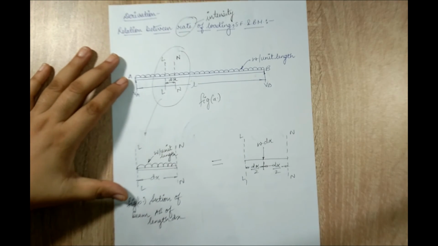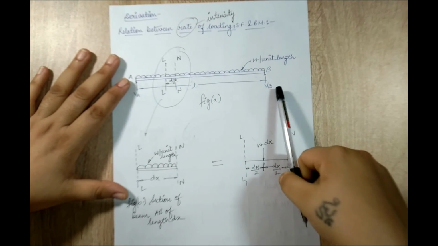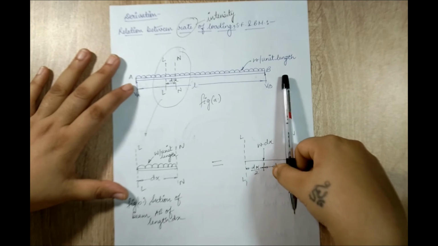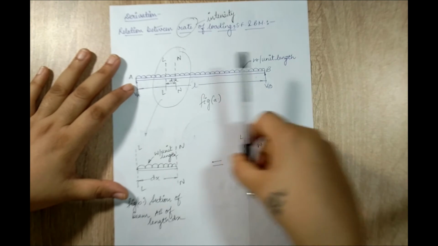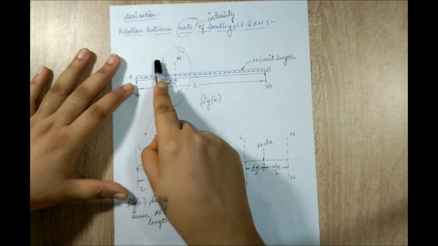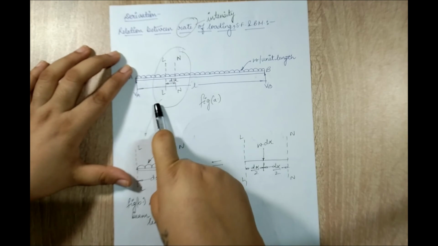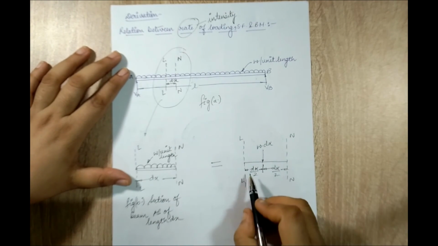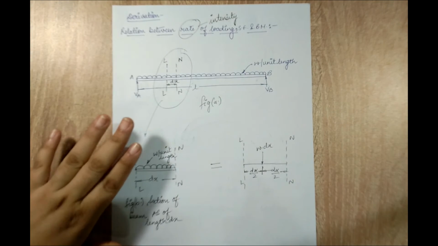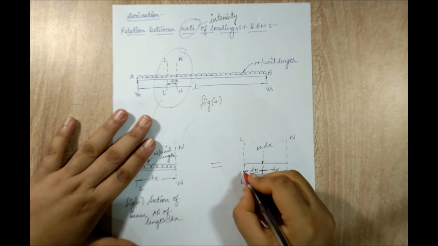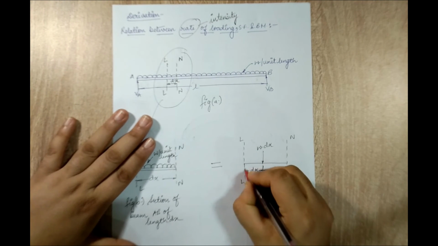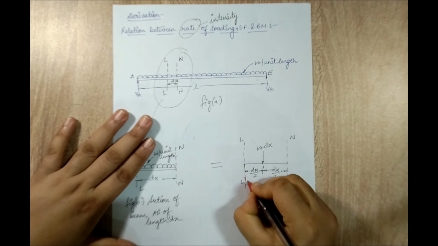Now if you understand, this body has a reaction at the two ends, but obviously there will be other forces over here which will cause a shearing kind of effect. So let me consider a force at this point L. So let me mark the forces now. Say at this portion there is a force F in the downward direction.